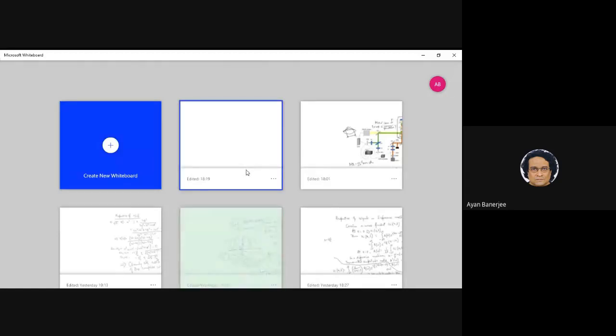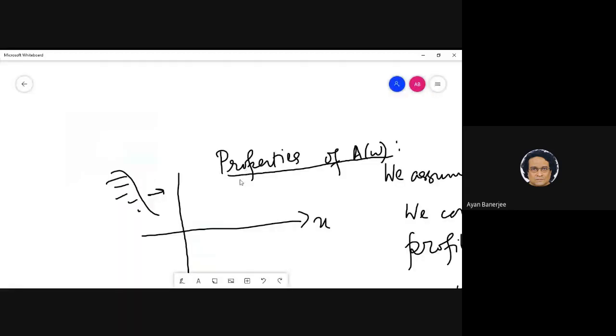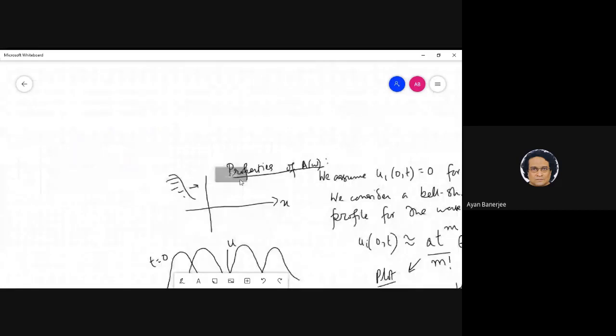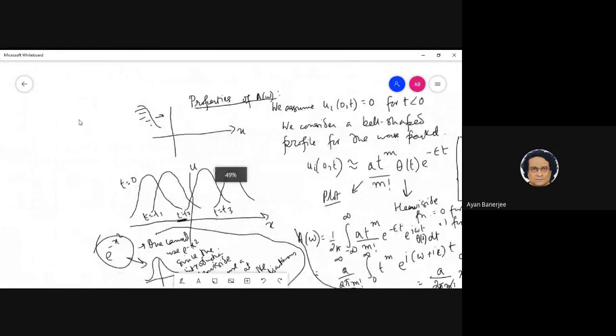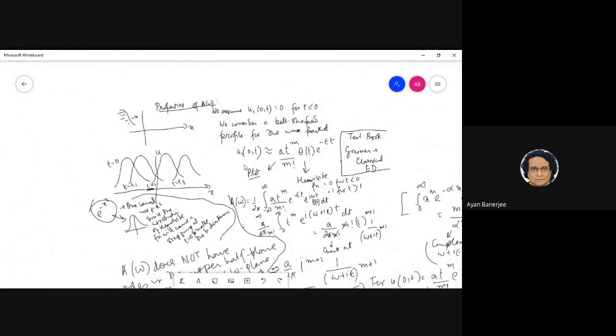So when we were writing down this function u of omega, we wrote down this thing about the possible bell-shaped profile and all. Essentially, what we are trying to say here is that at small times, this is basically going to follow this, and at larger times, essentially, this gets limited by this. So that is the main thing when we are plotting this kind of a profile.